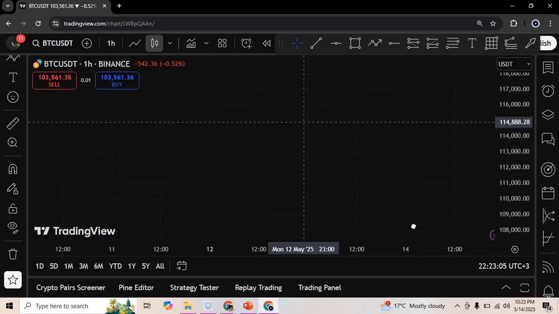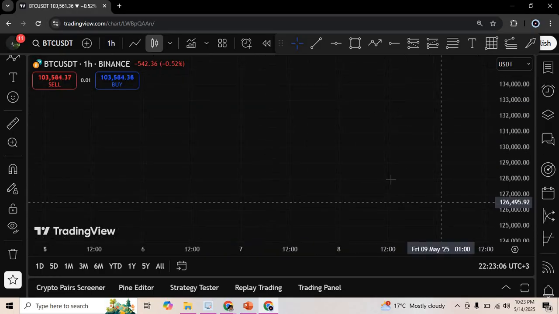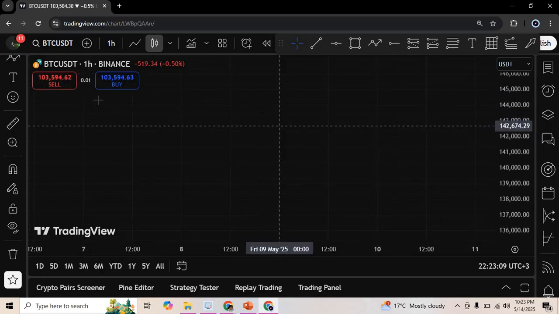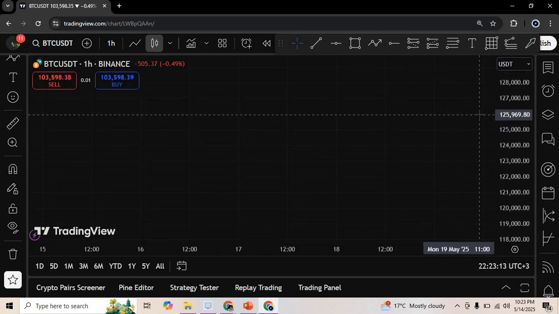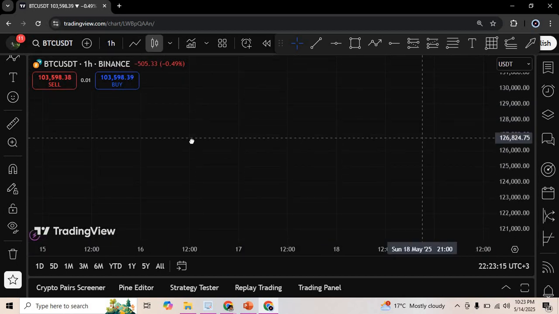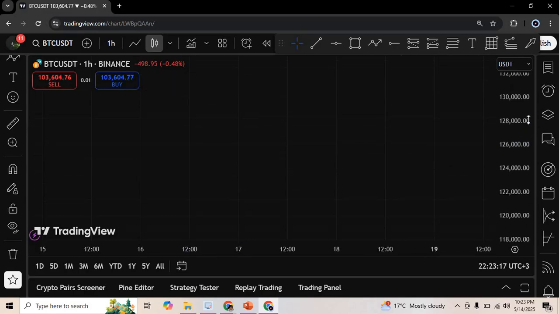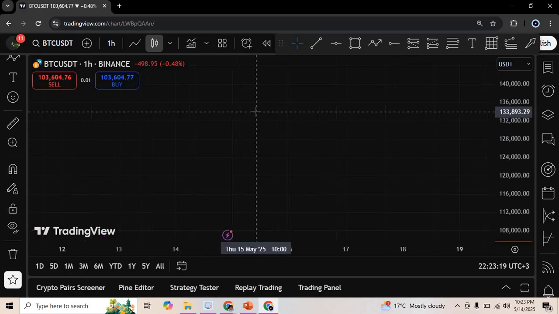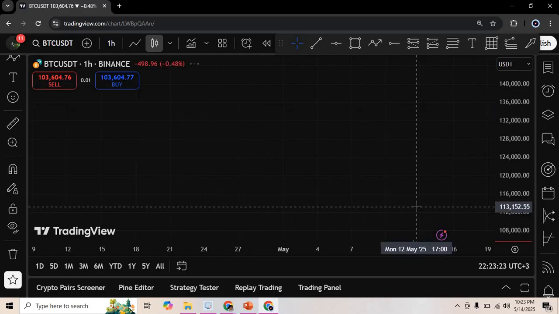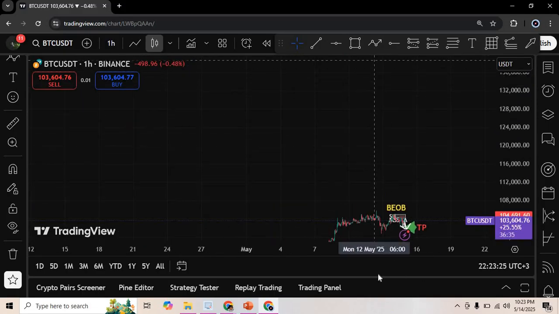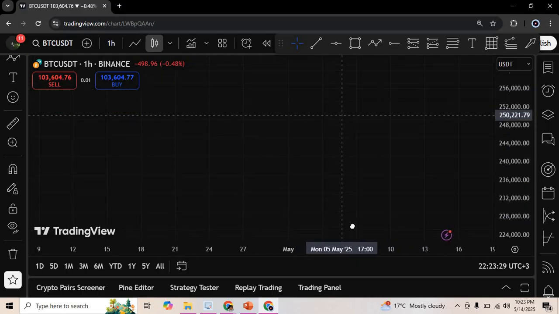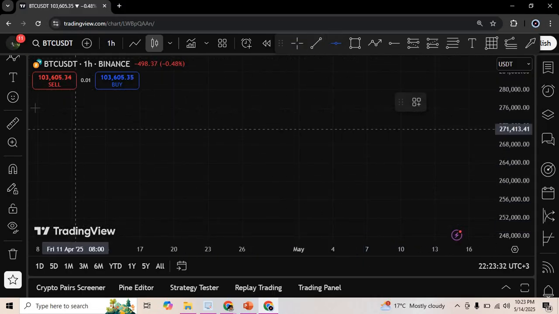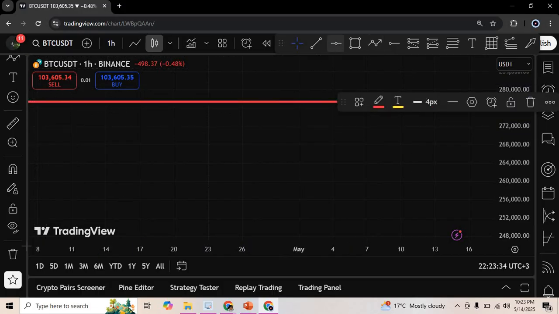Let me explain to you, like I actually just explained right here. Let's call them market makers. Who are they? Big market makers, whales, people who have a lot of money, people who can actually move the market. You can actually also move the market. It's just that the volume you have is not enough to move the market. You understand? If you have a lot of capital, you can become a whale.